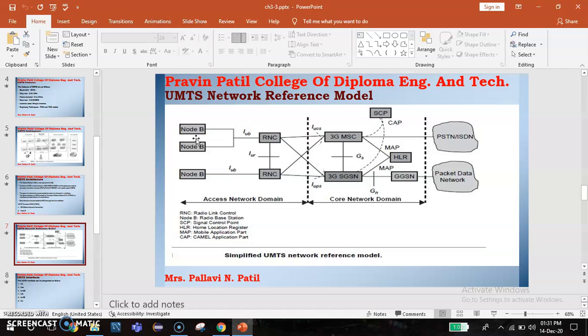In the GSM GPRS network, UMTS operates at a higher frequency than GSM GPRS, and therefore the single coverage range is less. These are the Node B. The next